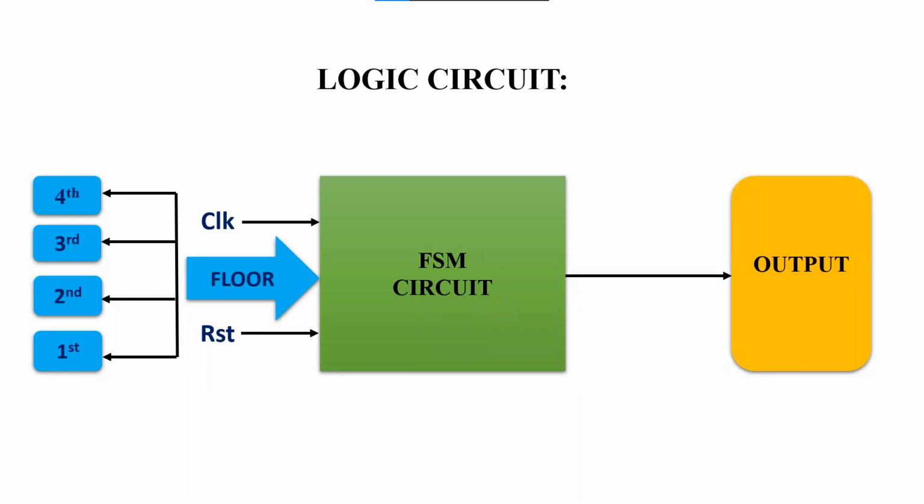For floors, we are giving inputs and we get outputs. Here we are giving 1 down to 0 inputs, which means we are giving 2-bit inputs, either 0 or 1, through which we get 4 outputs: 00, 01, 10, and 11. Here the FSM circuit includes some gates, flip-flops, lookup tables, etc. Next slide.